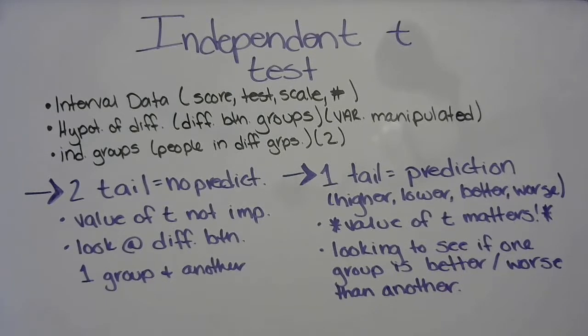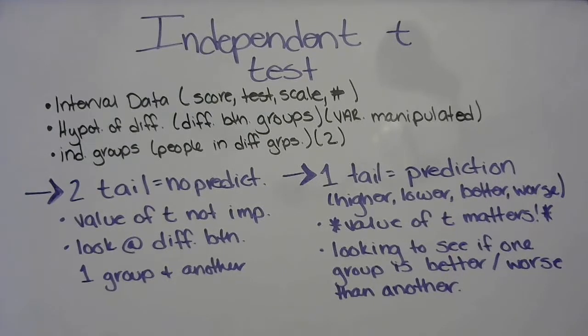The independent t-test also tests the hypothesis of difference. That means that it is looking to find a difference between groups, between different groups. The variable is also manipulated in the independent t-test. That just means that the researcher is changing something about the variable in order to see if there's a difference